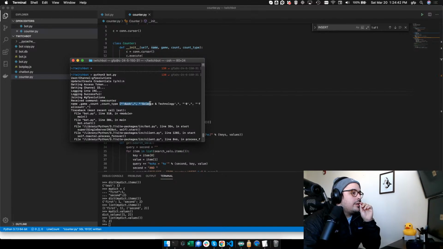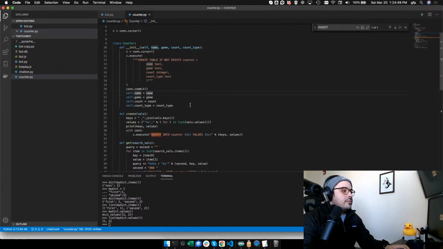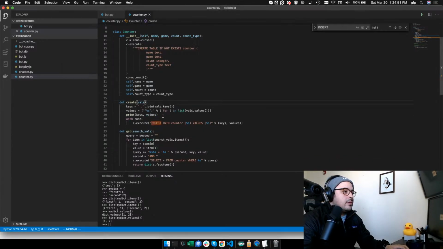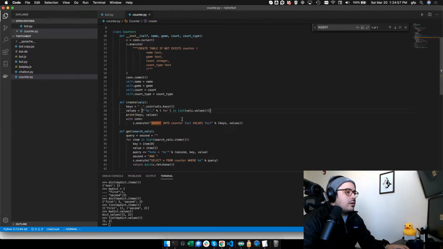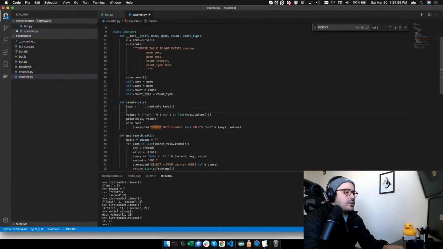Oh, we're returning an array. That's not good. That's our problem. Let's just do a basic loop, just in the interest of time. So val, for val in values,